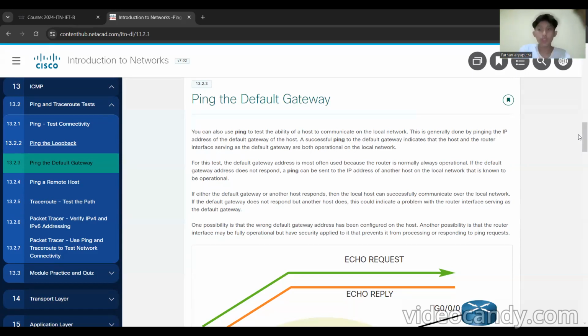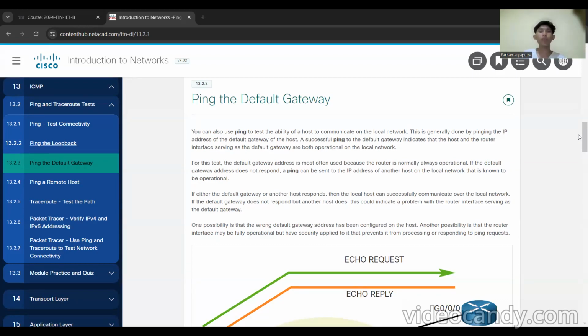If the default gateway address does not respond, a ping can be sent to the IP address of another host on the local network that is known to be operational. If either the default gateway or another host responds, then the local host can successfully communicate over the local network.